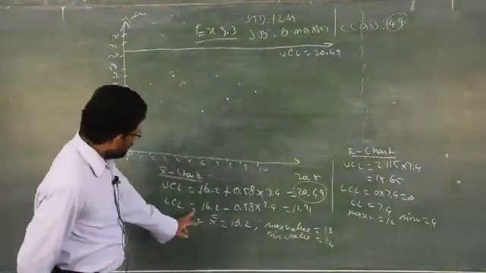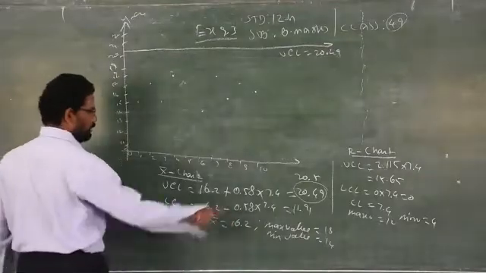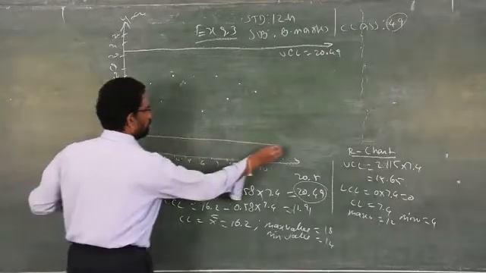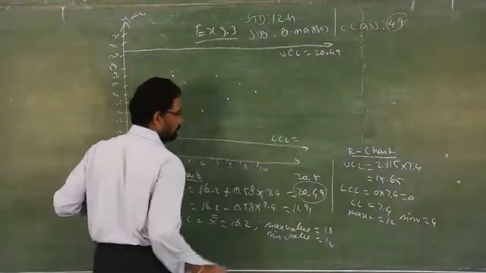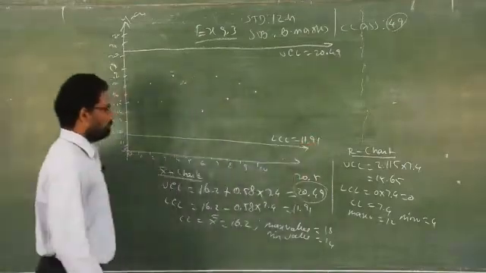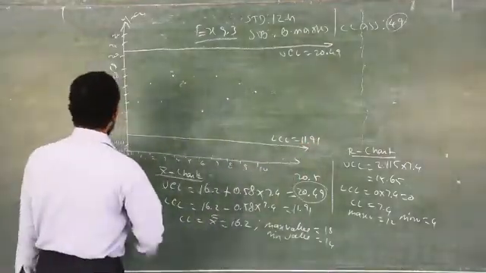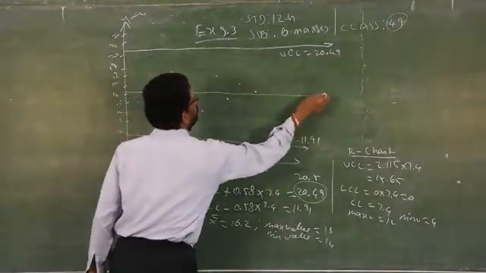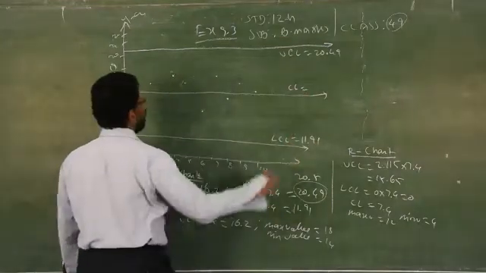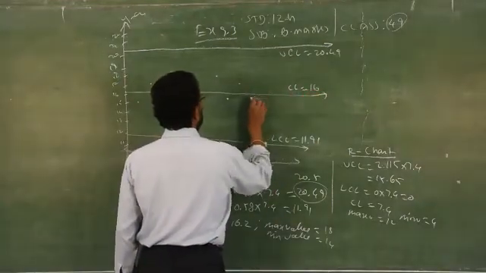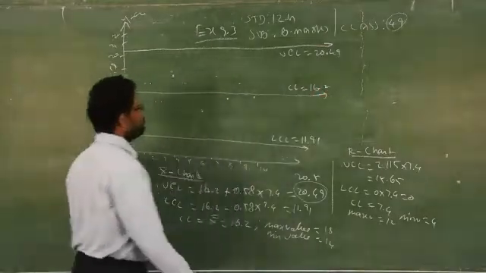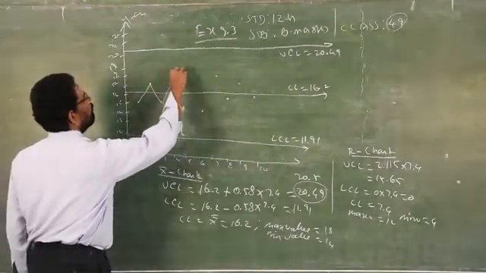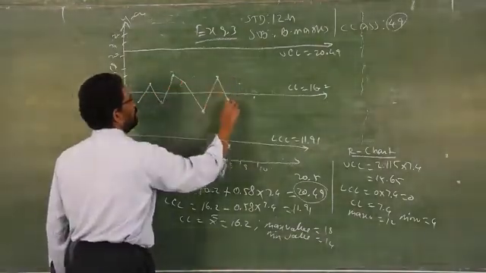Then what is LCL? LCL is given as 11.91. It is approximately close to 12. So here you have to write, just draw a straight line. LCL is equal to 11.91. Then what is the central limit? 16.2. It will come around like this. So CL is equal to 16.2. That's all. Now you can check 1, 2, 3, 4, 5, 6, 7, 8, 9, 10.